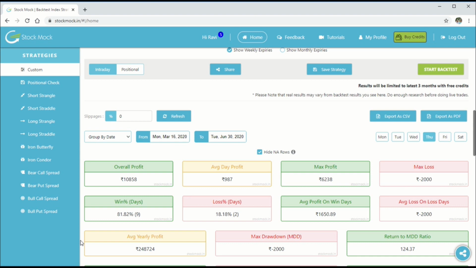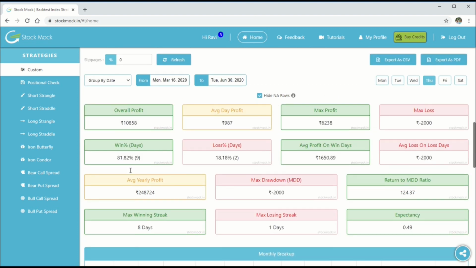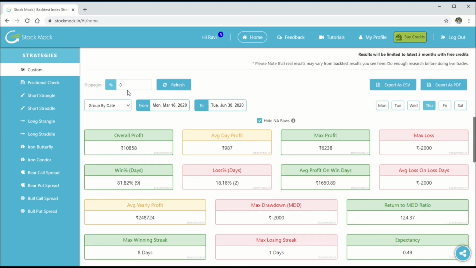And here comes the most important part of the backtest, slippages. So what are slippages? As a trader, it is imperative that everybody would face slippage.